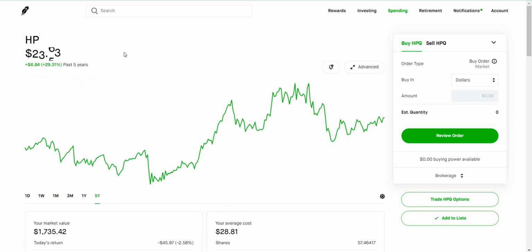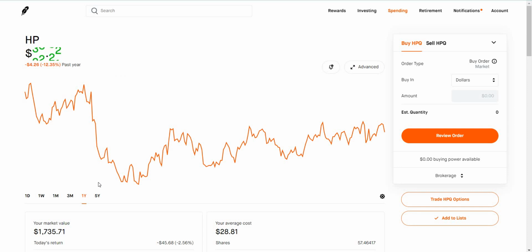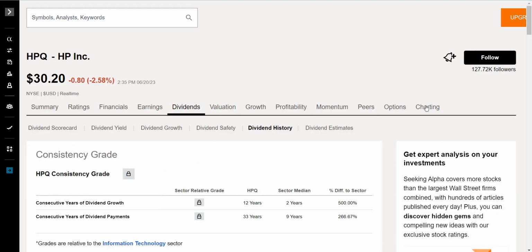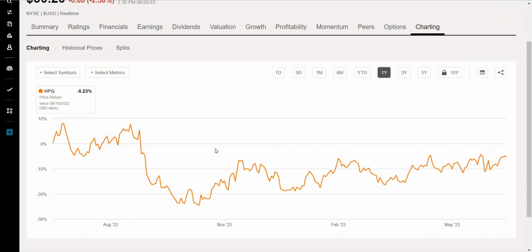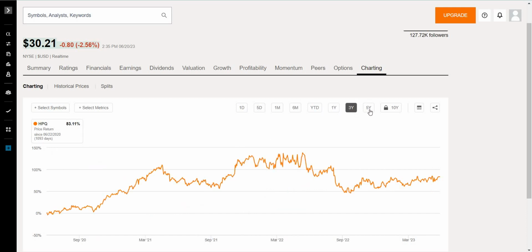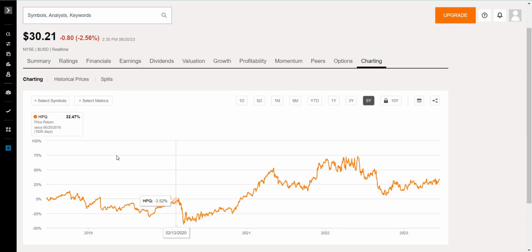Like, for example, over the last 5 years, it's up 30%. If we look at it for 1 year, it's actually down for the year. So again, for 5 years, it's up around 29-30%, which is an increase. Again, let's go to HP. We're going to go to charting. Here we can see 1 year they're down, 3 years they're up 83%, and 5 years they are up by